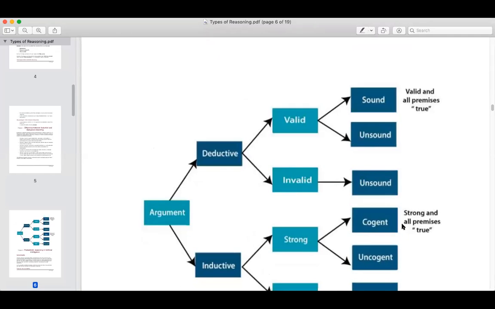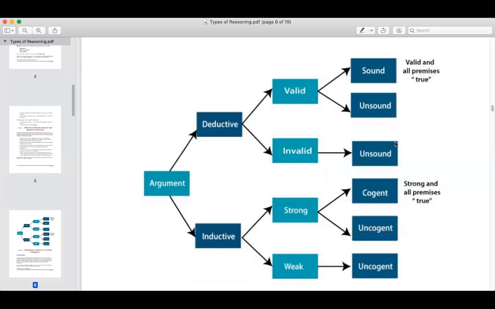Okay. So now we'll just stop here. The last one: the argument, deductive, the valid, invalid statement, sound, unsound. And here, inductive, the reasons might be strong or weak, cogent, uncogent. So we'll just stop here for today. Fine. If any questions are